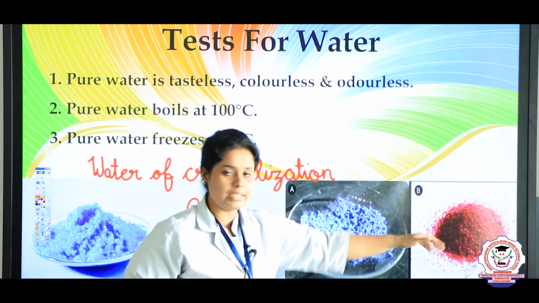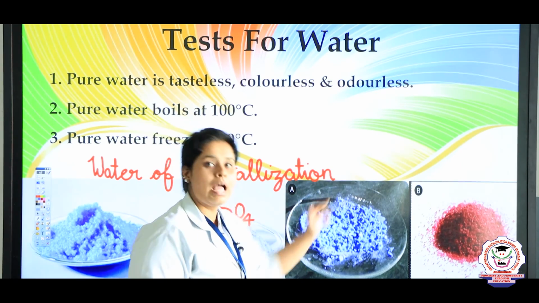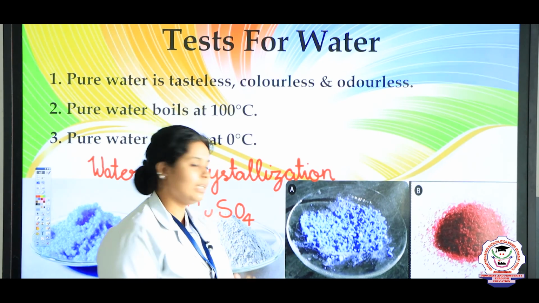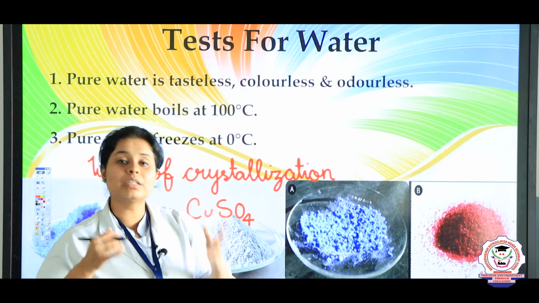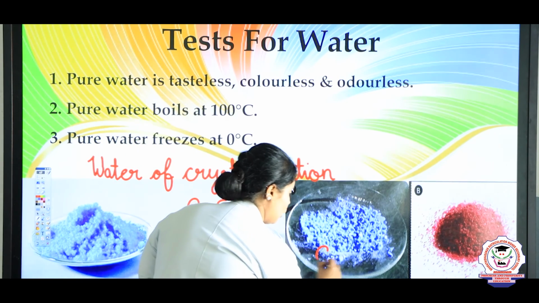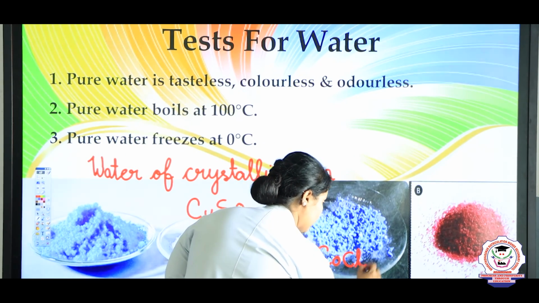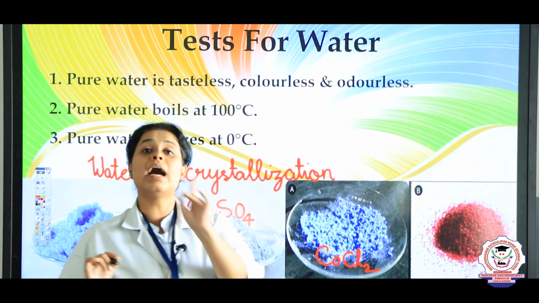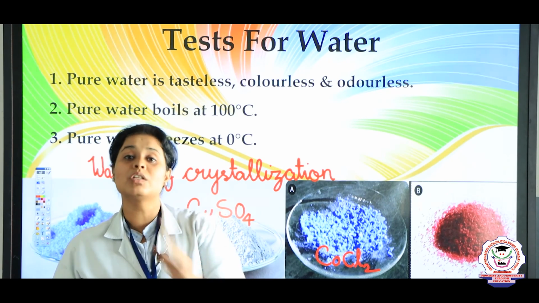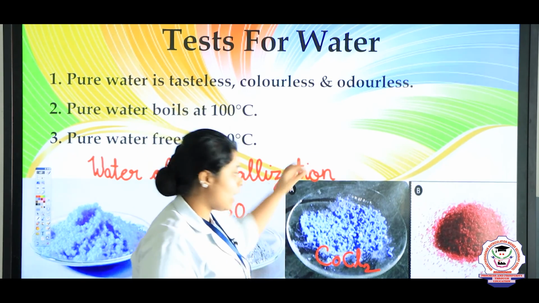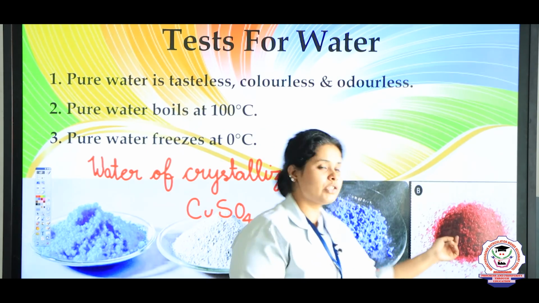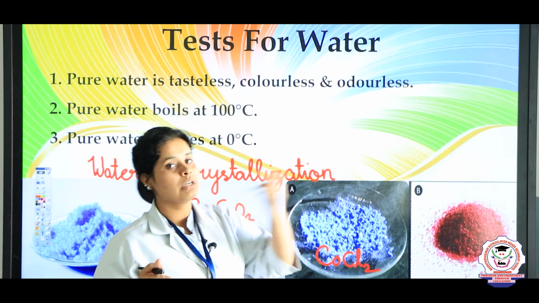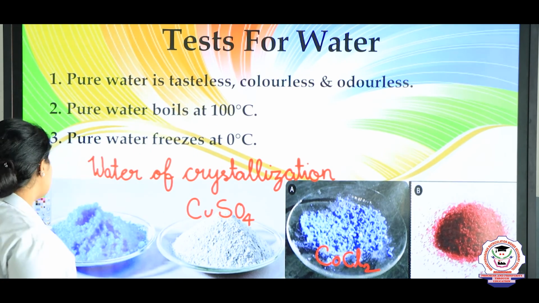Same way, when I take these two salts, you will see that one is blue and another one is pink. Here you can see that first one is known as cobalt chloride. Now, cobalt chloride is generally blue in color, which is in anhydrous form, which means no water molecules are present in that. If you add a little bit of water, the color will change into pink and this is the hydrated form of cobalt chloride. So this is the final test.